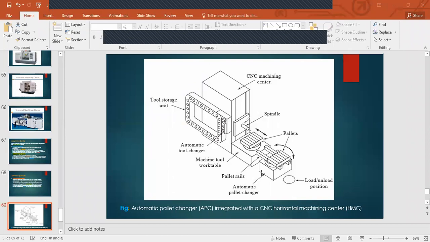If you can observe this spindle, how is it? It is horizontal with respect to this table, right? It's not like this, it's like this. So what we are trying to demonstrate here is, you have a CNC horizontal machining center, okay, but what we are trying to demonstrate is automatic pallet changing. You see, these are your pallets, okay, those are your pallets. And what we are trying to do is, you're trying to change the pallet, okay.